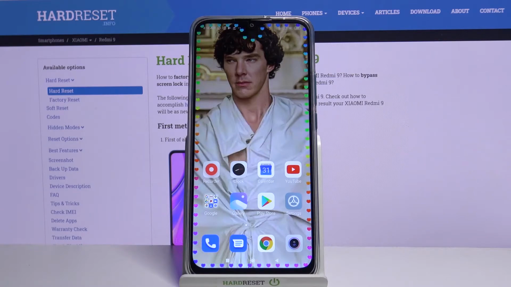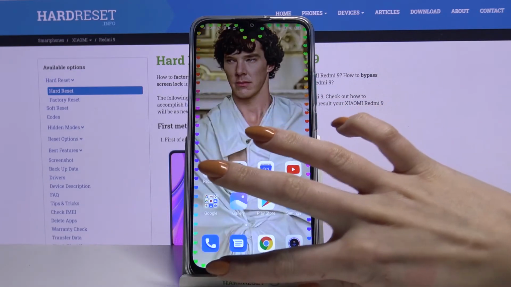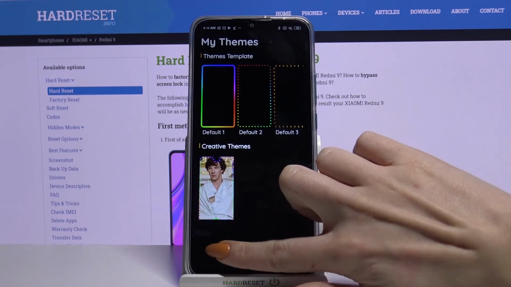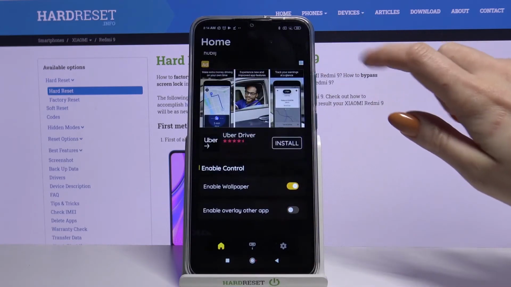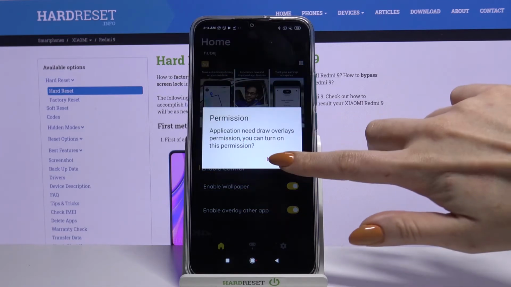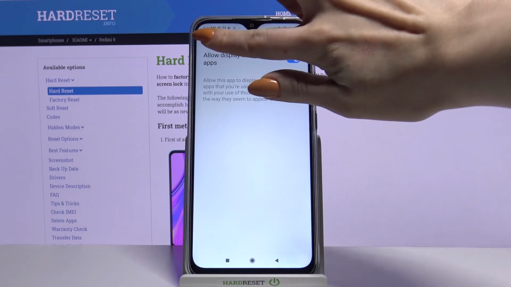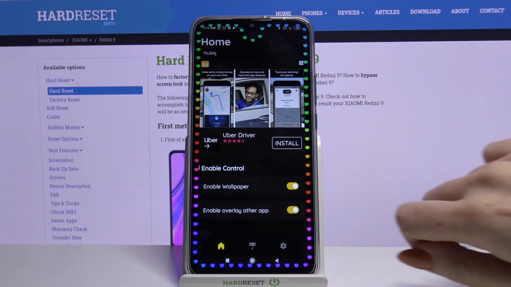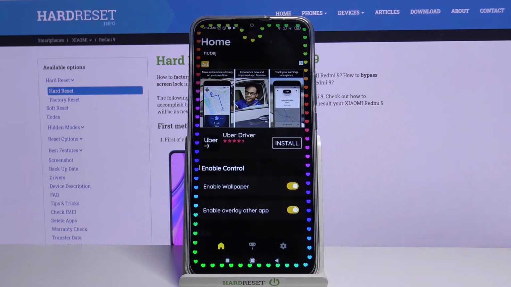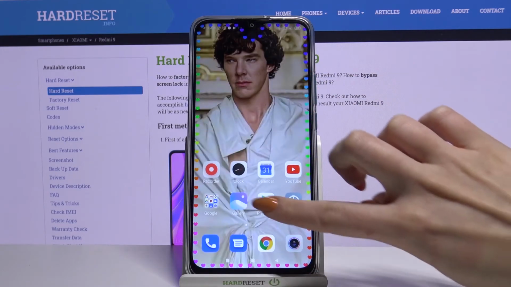As you can see, my edges were successfully applied, but if you wanna see these edges when you use other apps, you can go back, choose Home, scroll all the way down and tap Enable Overlay Other App. Click Yes, click on the switcher, go back and tap on the switcher again. As you can see, now my edges are visible